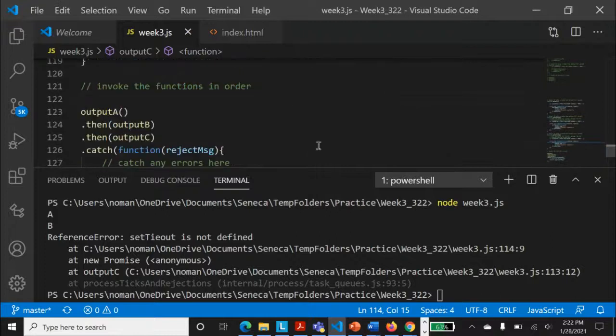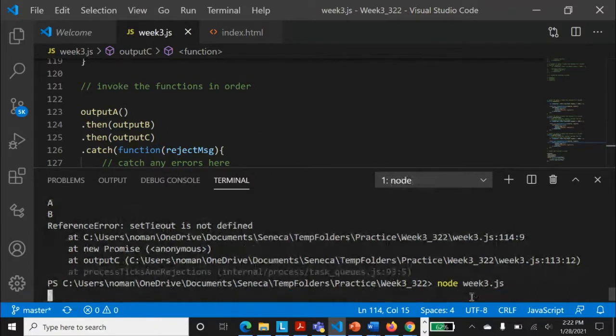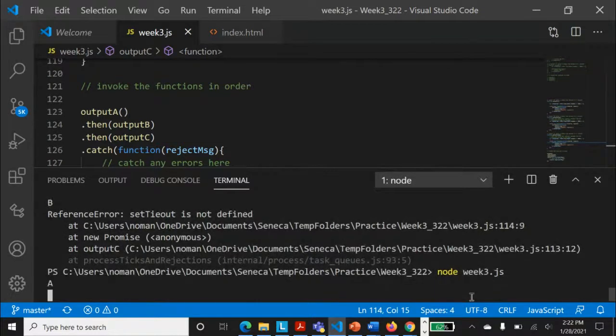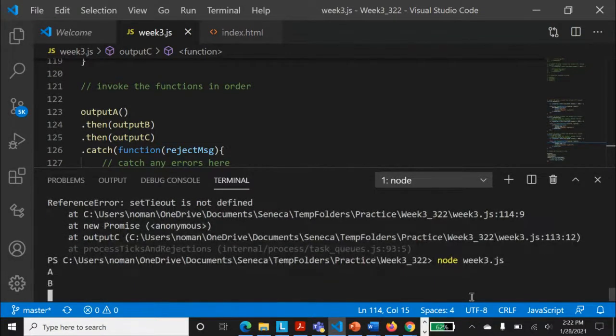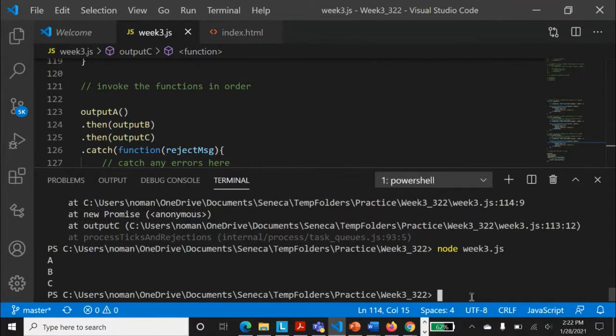So what is happening is the chaining of this. Call output A, then output B. If that output is successful, that means then, pass output B, then output B will execute, and then output C. So is there any chance that, even though each function is happening, yes, exactly, even though all these functions are happening, A, B, and C is taking maybe 3 seconds, A took maybe 1 second, right? But again, what is that?